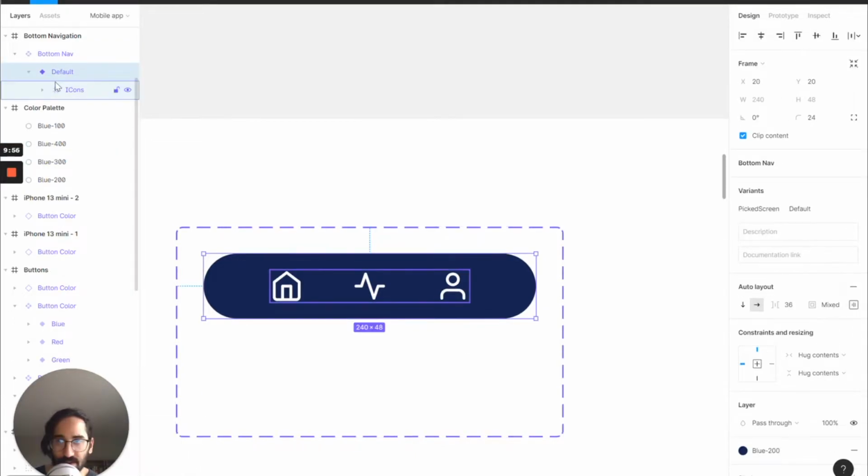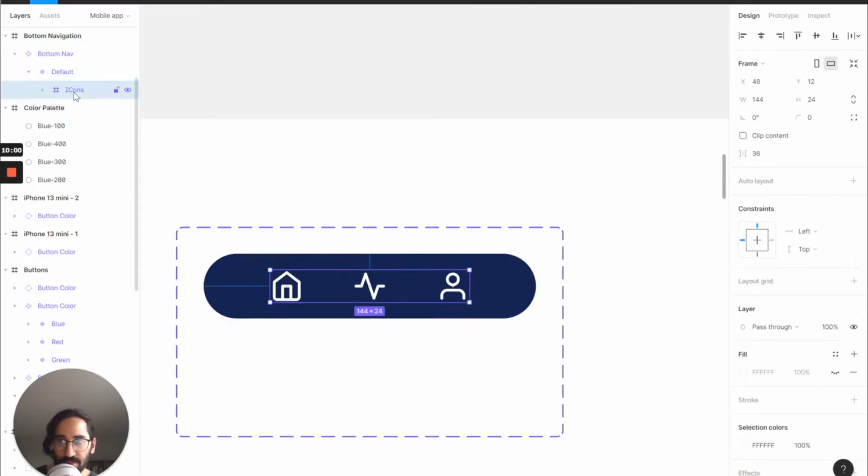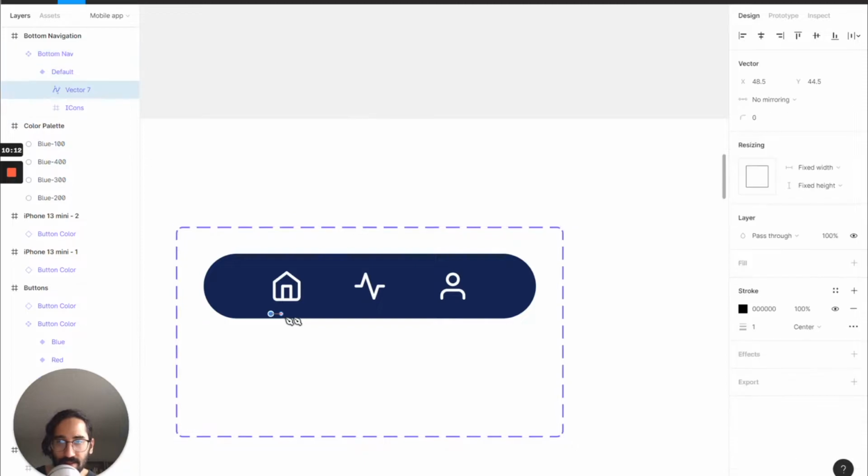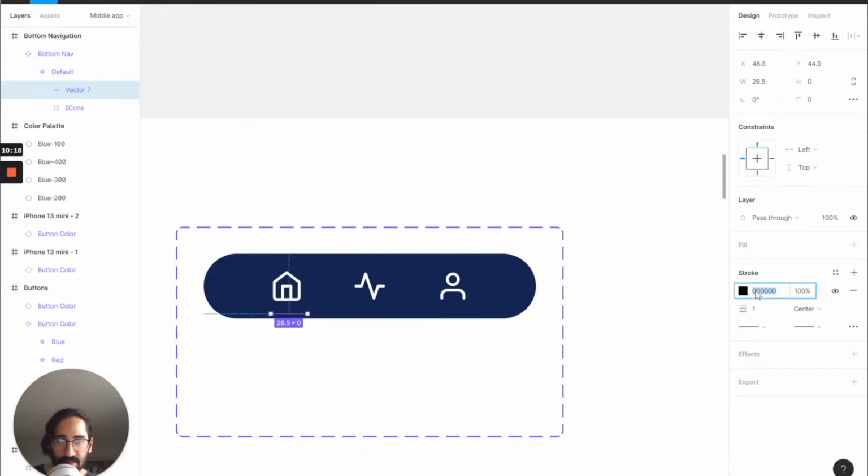Here we can remove the auto layout from the parent frame, and in the icons we don't even need to add an auto layout, the distance is already styled. So now we can press P for pen, and we can draw that line, and I'm gonna make this stroke 2 to match the icon stroke size,